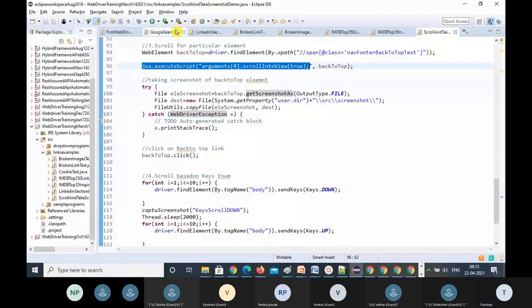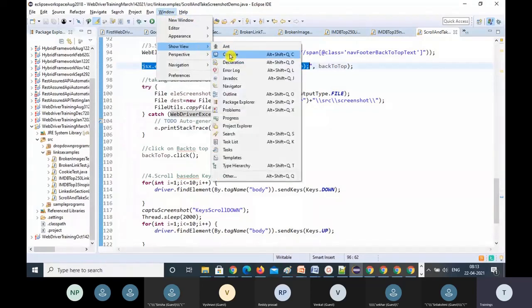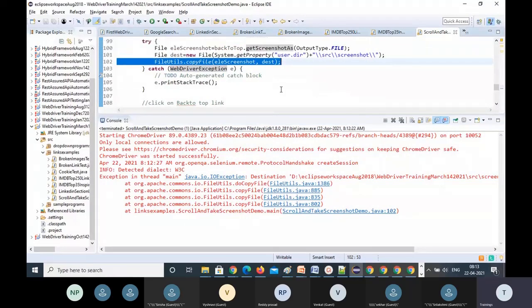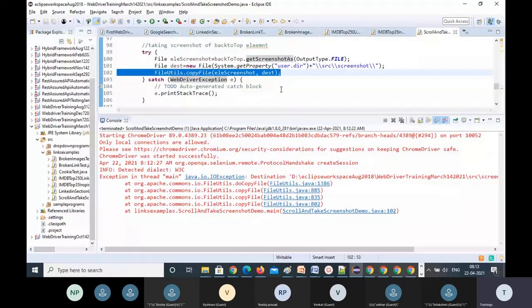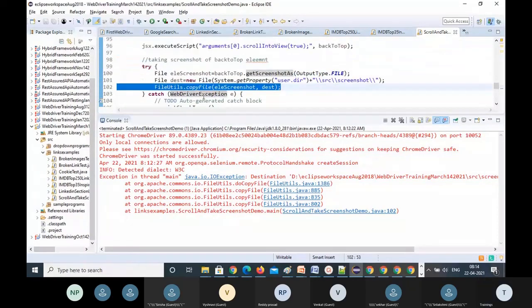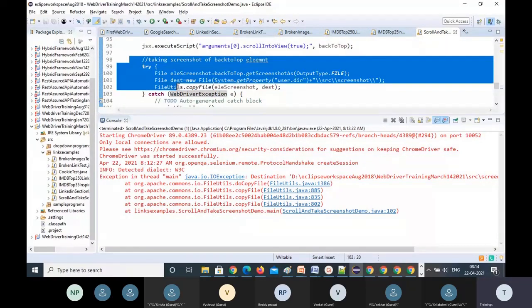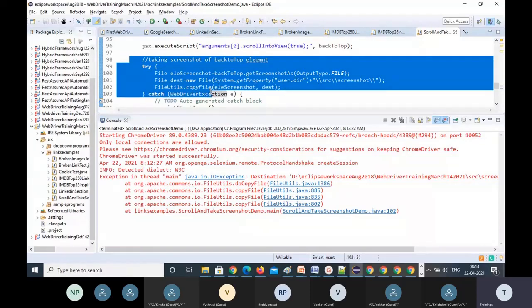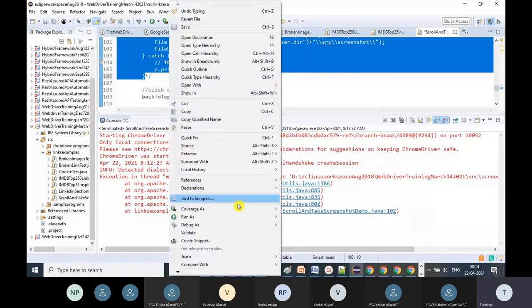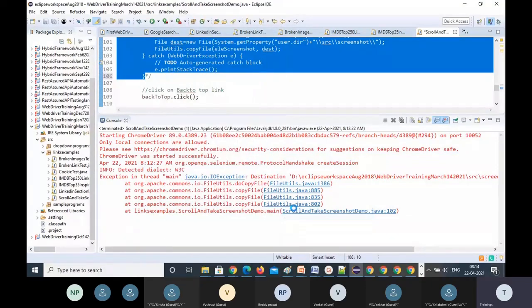Let me see the help, show view console, line number 102. Why is it not continuing? It is in the try block, so the catch block will catch that and it should continue. It's not continuing. Okay. Anyhow, this is taking a screenshot of a particular element. I'll just comment this out. I don't want to block you all. Let's run the next one. We need to see whether the next statement is executing or not.